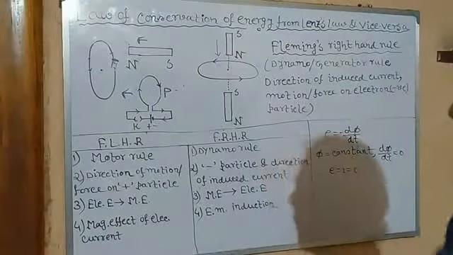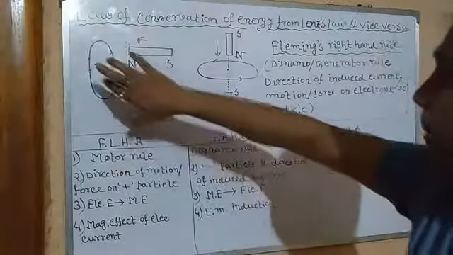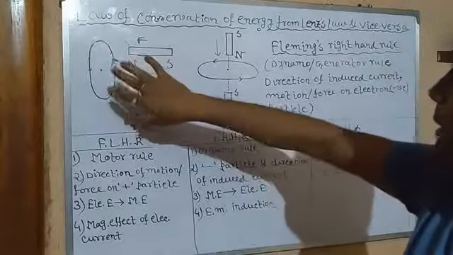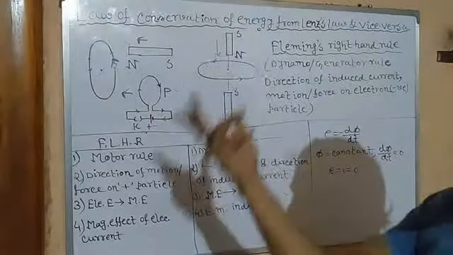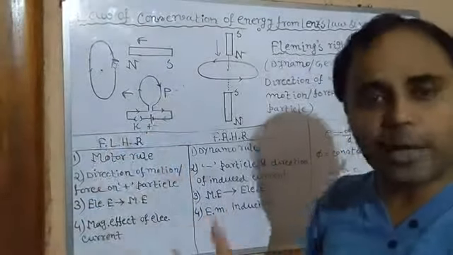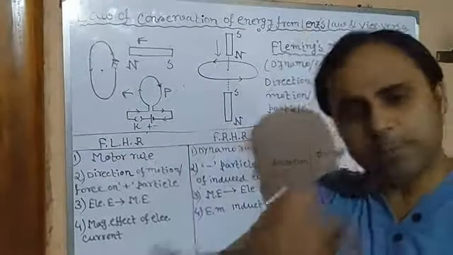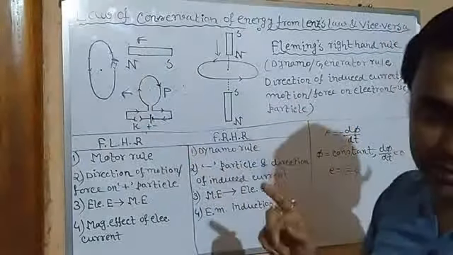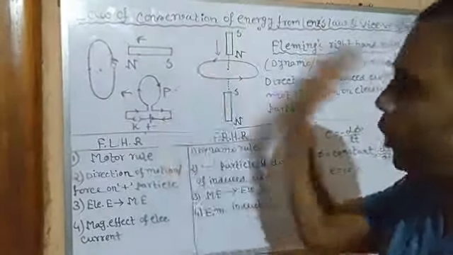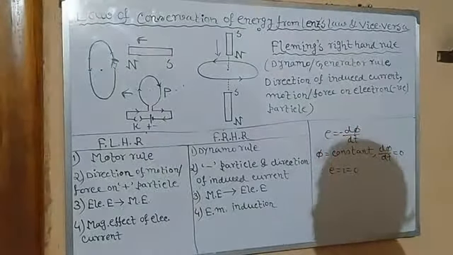Clear? Because if it violates Lenz's law, if it doesn't oppose the reason of its creation, then what are we getting? We are getting energy automatically without any input. We are getting output, which is impossible. So there must be some work done, and for that work, the direction has to be reversed. It means we have to oppose, which is nothing but Lenz's law. Clear?